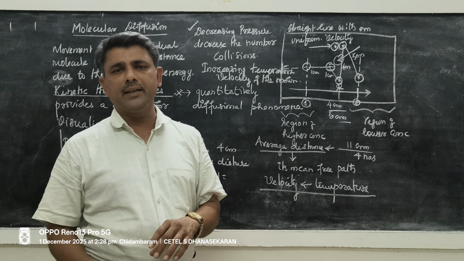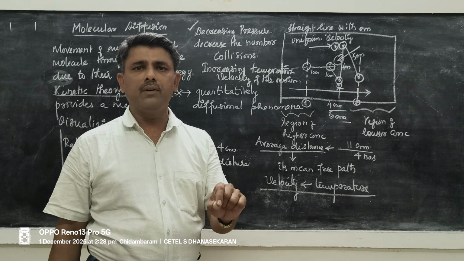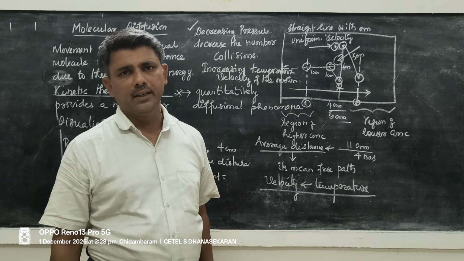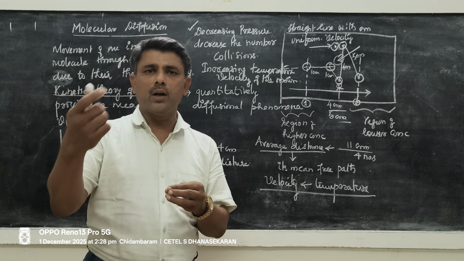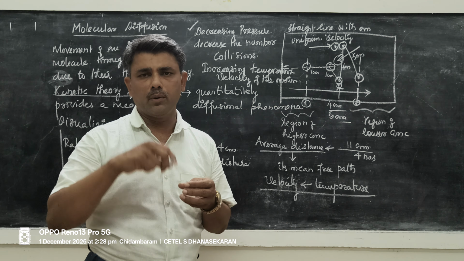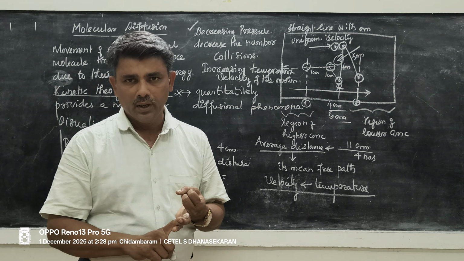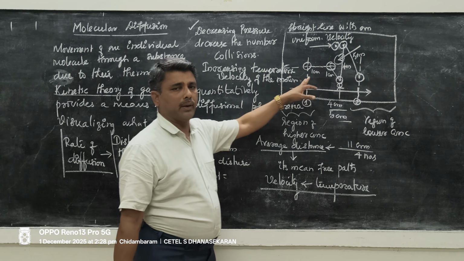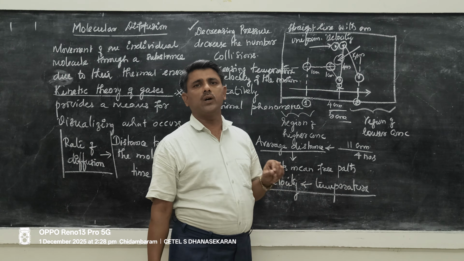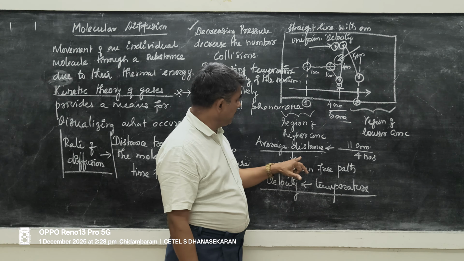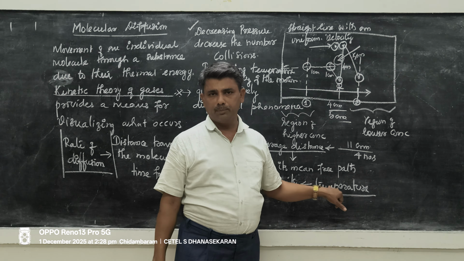For a simplified kinetic theory, let us imagine a molecule travelling in a straight line with a uniform velocity. The direction and velocity will be changed when it hits another molecule. Both magnitude of velocity as well as direction will be changed. The total distance travelled by the molecule divided by the number of collisions is called the average distance. This average distance is called its mean free path. Its velocity depends on its temperature.